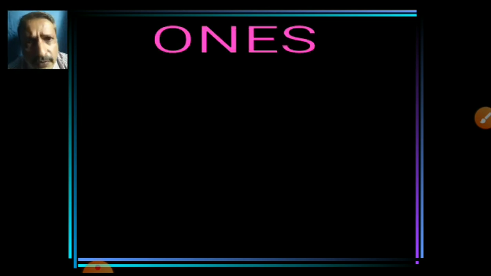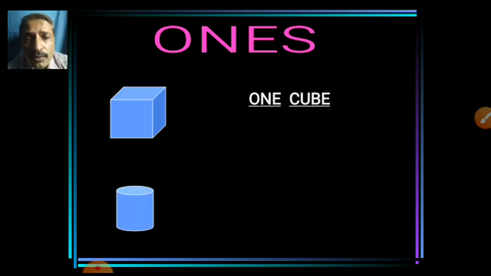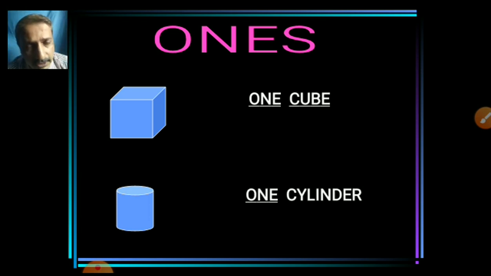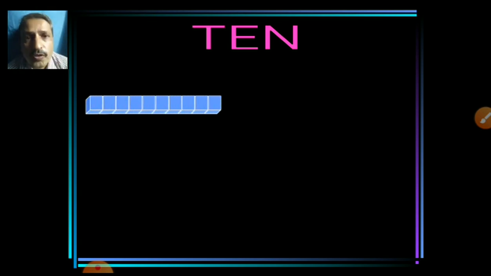Do you know about ones? Yes, ones means 1. This is what? 1 cube. What is this? Yes, 1 cylinder. Small picture, ones place. What about tens? Yes, 10 rupees, correct. But don't take 10 rupees now, you are small. Now here 10 small cubes, or 10 cubes, make a 10.